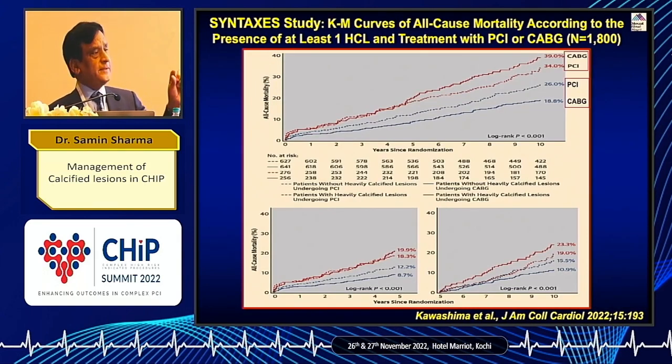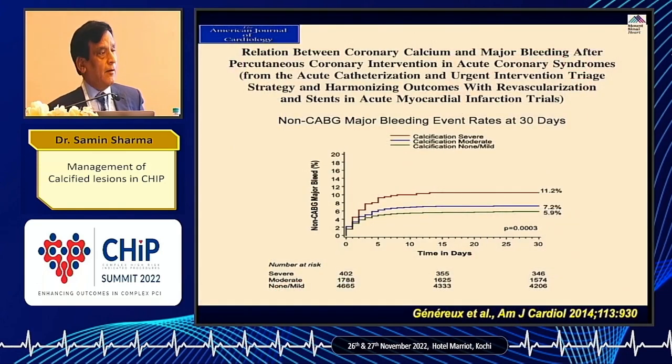Now, whether you have PCI or CABG, we say, well, calcium may be only in PCI. No, in both CABG and PCI, calcific lesions have a bad outcome as shown by the SYNTAX trial. Now, there are various factors. Why would calcium, when you have done a good intervention, have a bad outcome? Because it is probably a harbinger of your diffuse atherosclerosis. Classical example is those who have highly calcified lesions also bleed more because their vessels are diseased in the rest